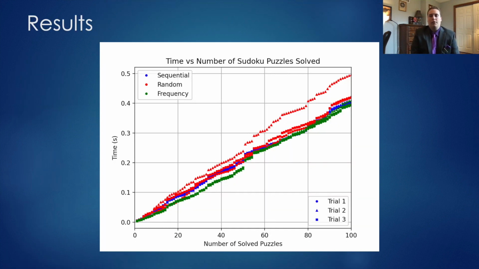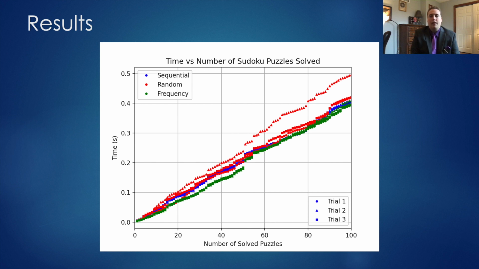So here are my first results where I compared time versus the number of puzzles solved. I did 3 trials for each algorithm. Blue was sequential, red was random, and green was frequency. As you can see, it sort of turned out how I expected, where the frequency model was performing better